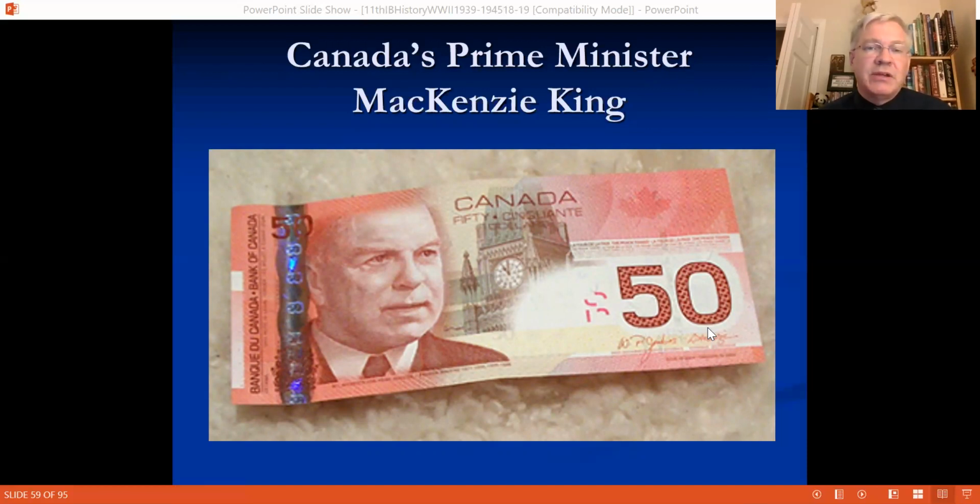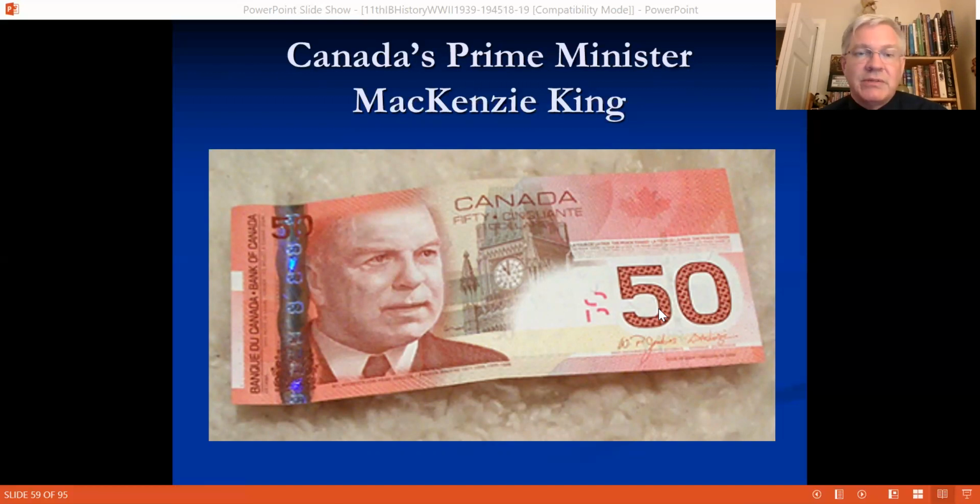There's your Prime Minister on the Canadian banknote, Mackenzie King, and they're going to be involved in the war pretty much from the get-go. They had been a fully sovereign, co-equal part of the British Commonwealth since 1931, so they could make their own foreign policy decisions, as opposed to World War I, when the British automatically declared war against Germany on behalf of Canada. This time, Canada declared war on September 10, 1939, about a week after Britain declared war on Germany, after Germany attacked Poland.